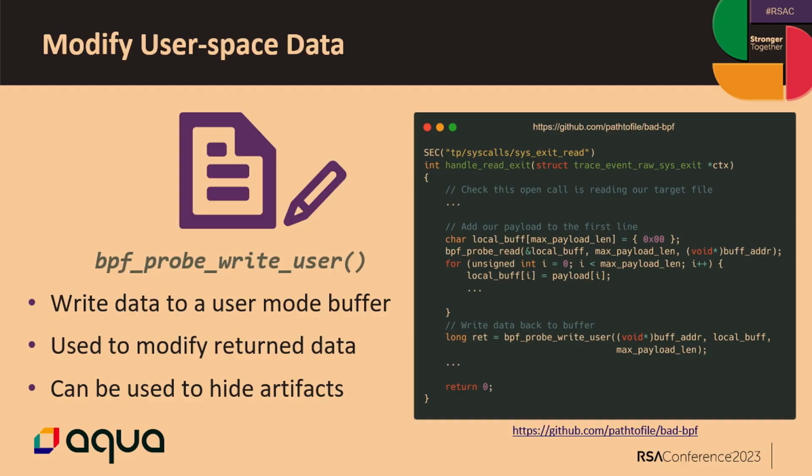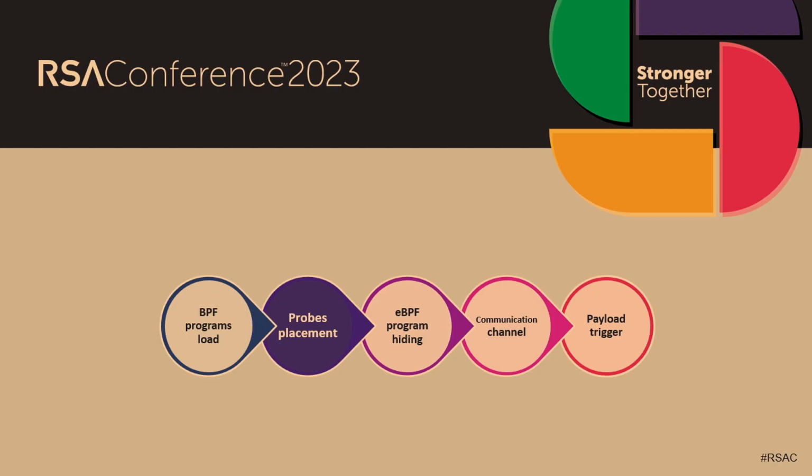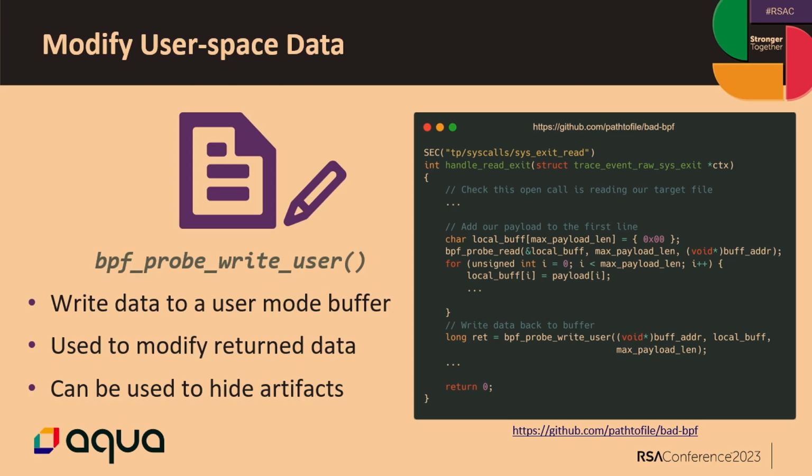When we investigated the eBPF rootkits, we found that they are able to modify or change responses by using several helpers, and we went over those helpers and found the list of helpers that are able to modify user space. The first and most important one is bpf_probe_write_user. This allows an eBPF rootkit to modify user space memory. And basically, if you're placing a probe on the return function of a syscall, you're able to change the response.